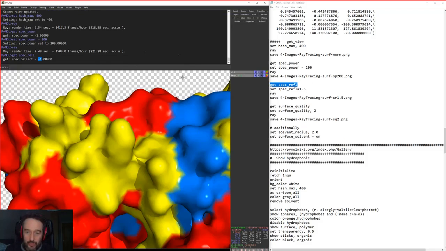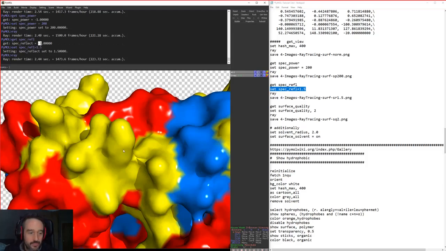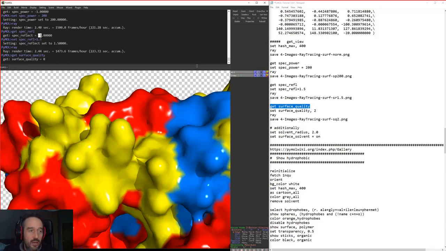There's another one called spec reflections, and that's currently -1. -1 is always the default, but of course we can set it with other values of choice. Now what this does is it kind of expands the reflections while keeping them kind of defined with the spec power. So if we do this now, you can see we've got a much more glossy surface than we had, but the resolution of our surface is still pretty rubbish. And there's a command here called surface quality. We can see what that currently is: 1.